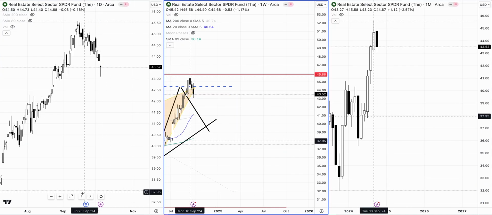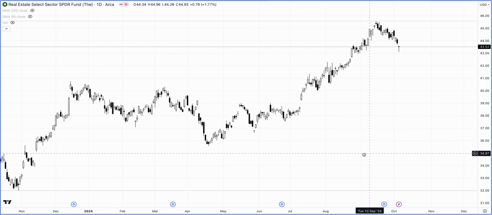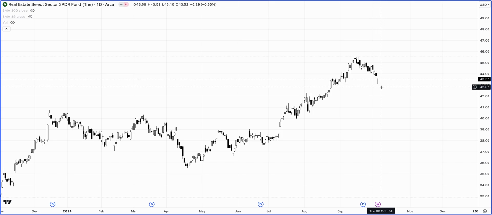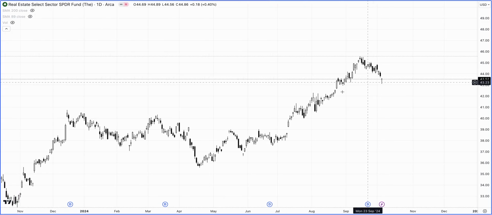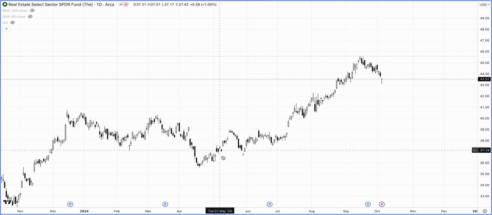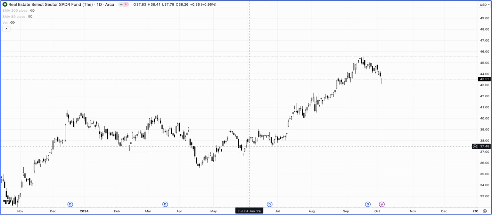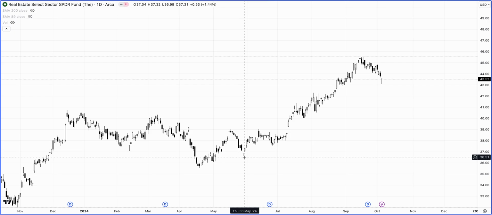If we just quickly take a look at the daily chart, what we can see is that last Friday we have this kind of a candle formation, where the buyers actually moved it lower, and then the sellers moved it lower, and the buyers came in and pushed it higher. So let's see what sort of follow through we get. If we get some sort of follow through like this, which is an island reversal, it is one of the stronger patterns that I really like to follow and watch, because they usually mark. If they happen at the top, then it is usually a pretty important top that has taken place. When they happen at the bottom, it is usually a pretty important bottom.